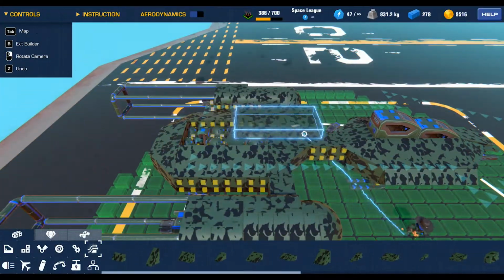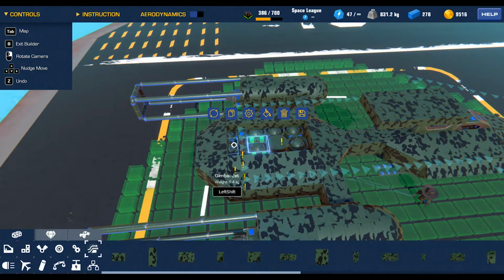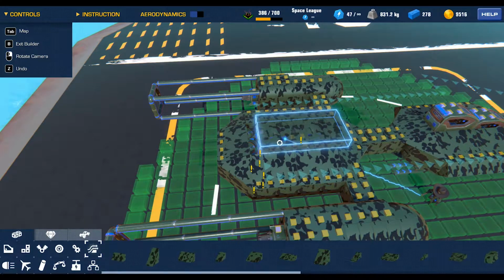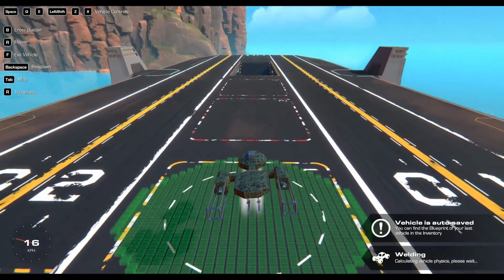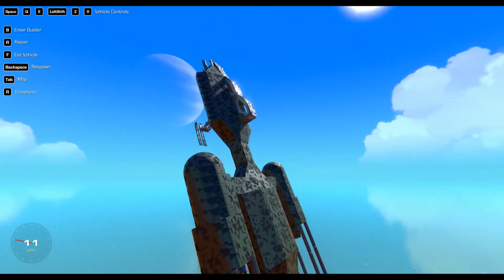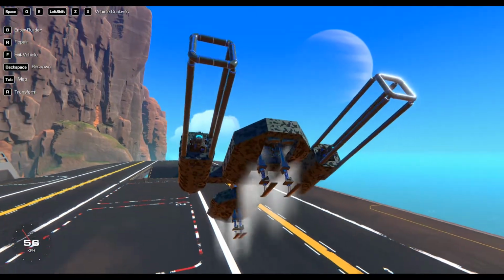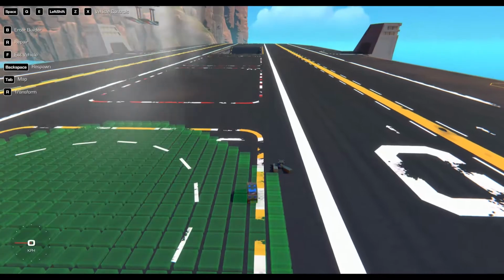adjusting the actual pieces here a little bit, because these are lending it to be either front or back heavy. So, okay, I think that'll do. Now there is a bunch of gimbal jets in here, right? And the gimbal jets are just in there to get it off the ground, because all the vehicles in the